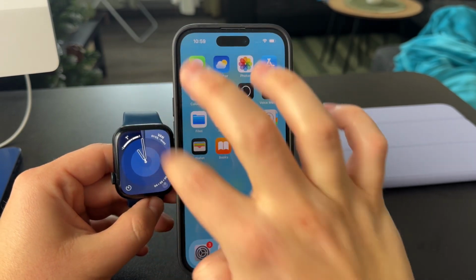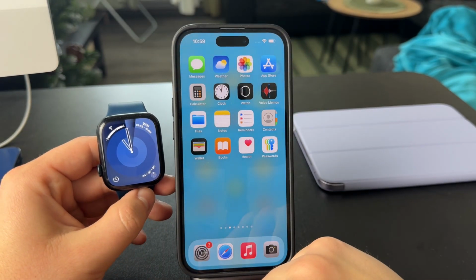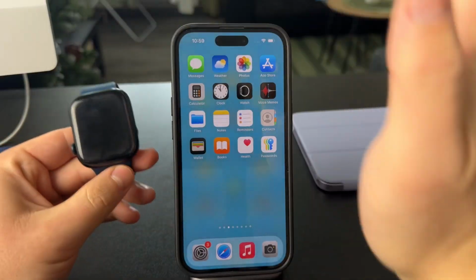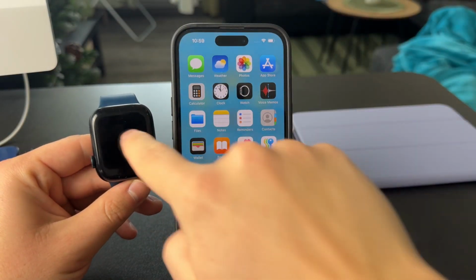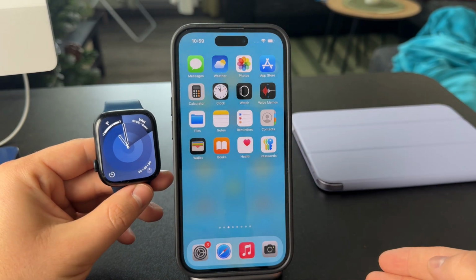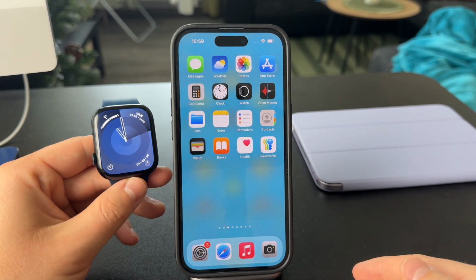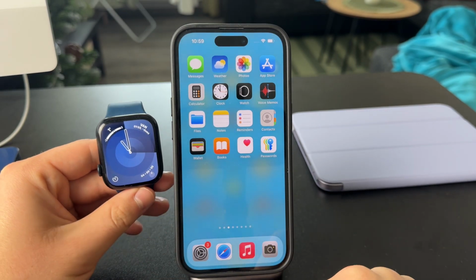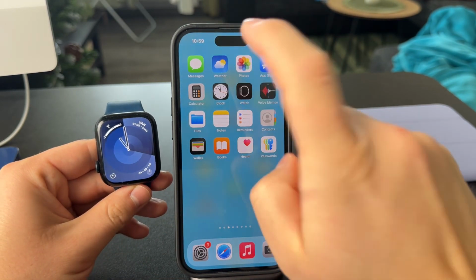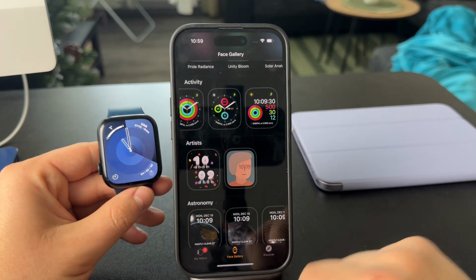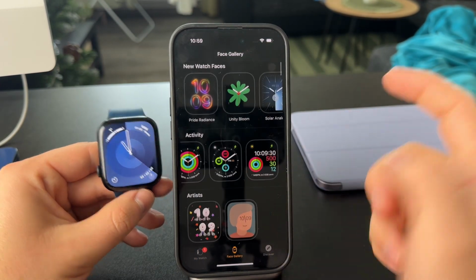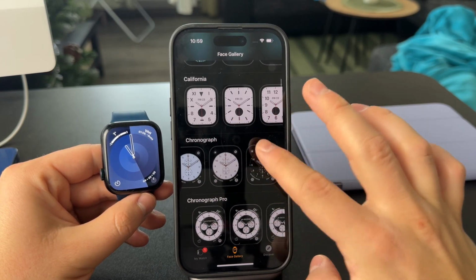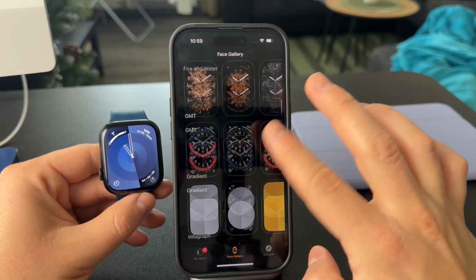Also, the second thing we have is the watch face. The watch face is the page which just shows up every time you take a look at the wrist, right? So it is the thing right here when I make the watch go black and I tap on it again, and this is the first thing which I see. So in order to make it better, you definitely need to customize it as much as possible and pick the proper one. On the watch app on your iPhone, you can go to the watch gallery and choose literally any that you like. And there are some of them which are simple, some of them are much more complicated and